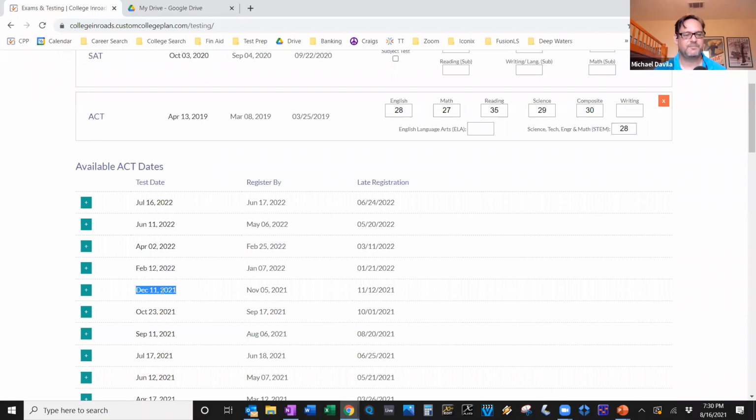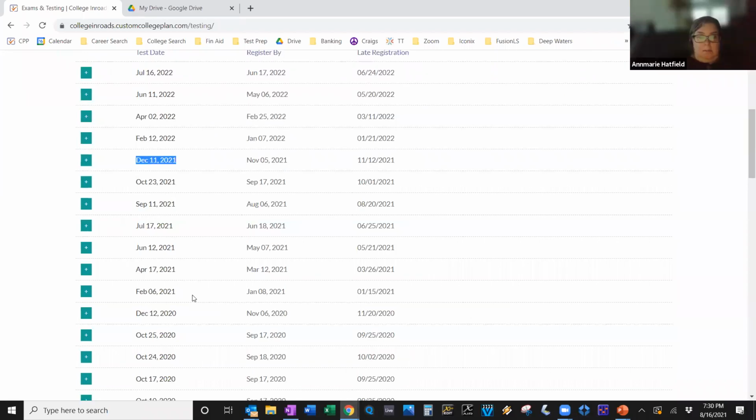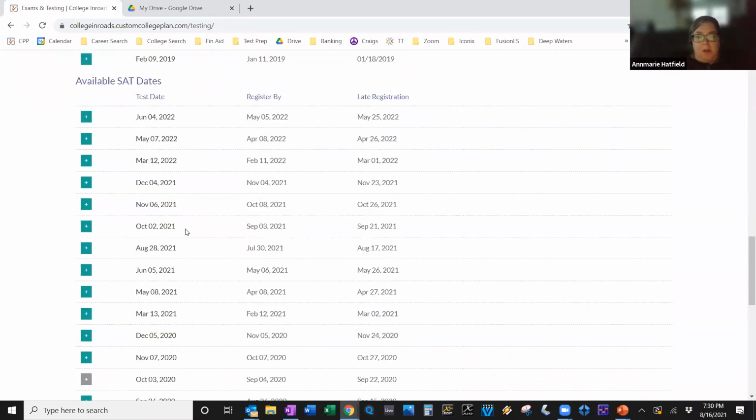So here, I'm looking at the end of the first semester as a junior as the zone to be in. And that would be my advice as well. You take one in the fall, like November, December, January, and then take one or two in the spring, like February and April, something like that. The goal is to have maybe 2 to 3 solid test scores under our belt before we start applying. And that'll happen starting June, between junior and senior year.